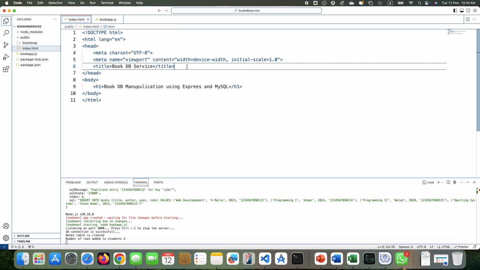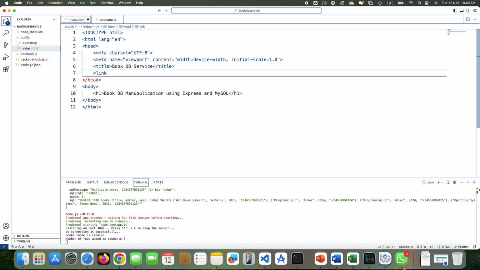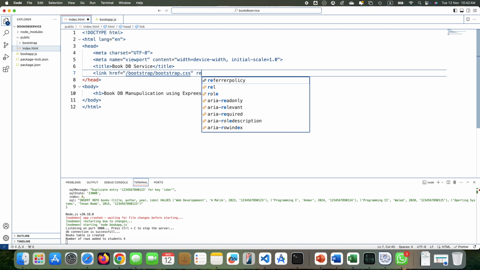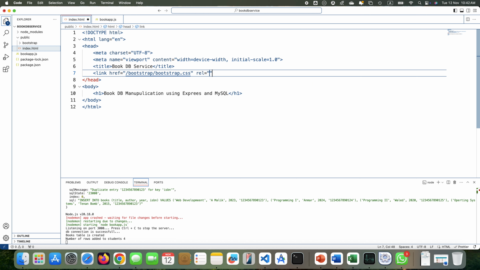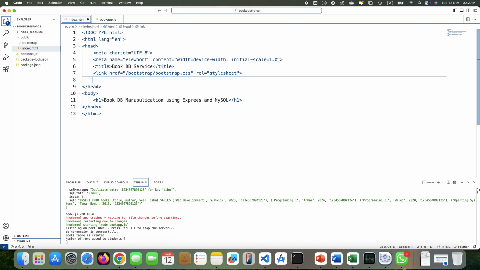And then we can apply a link, what is that, src or href, and then slash bootstrap slash bootstrap.css, and anything else? rel, okay, sorry, rel, and then we say stylesheet, and then we also say script, we say source, and then again say bootstrap